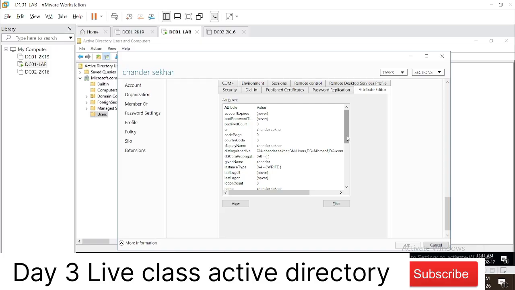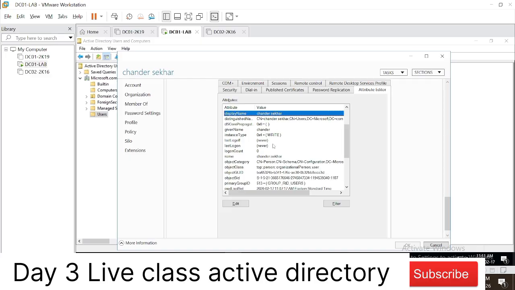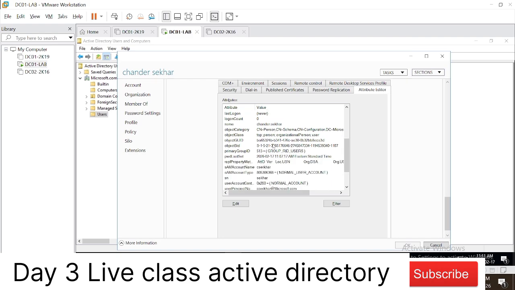That was the first time in my 15 years of experience that I got an opportunity to create a new attribute. I could not save that information into my learnings because it was confidential information of the company, but I'm sharing it with you because I worked on such a case with Microsoft. So these are the attributes.